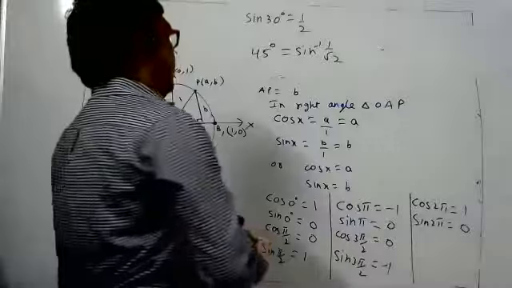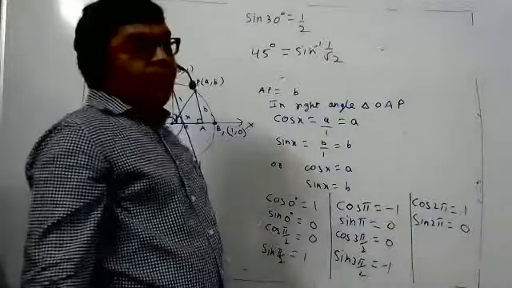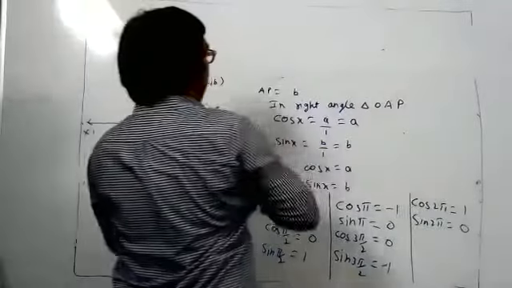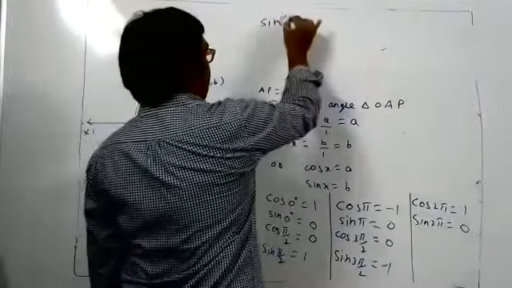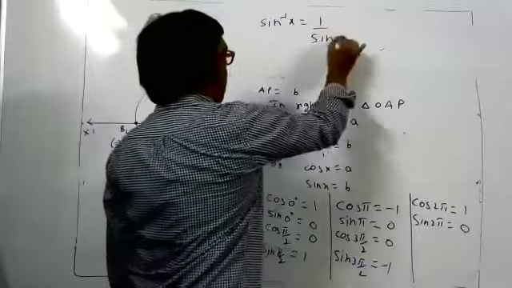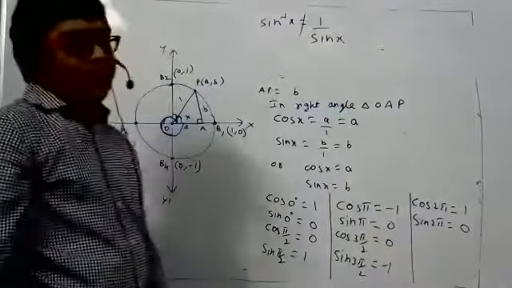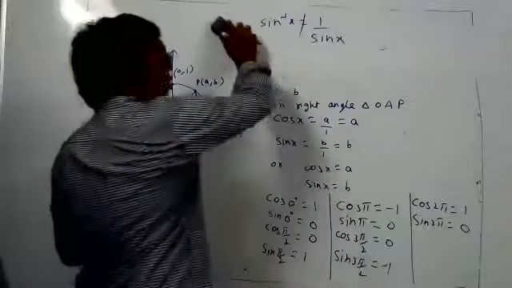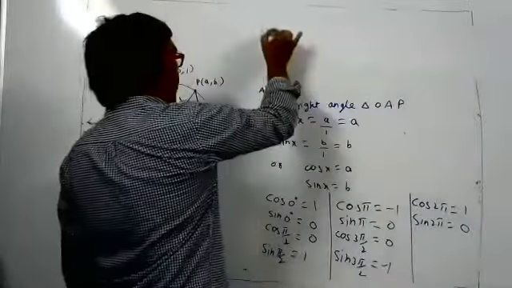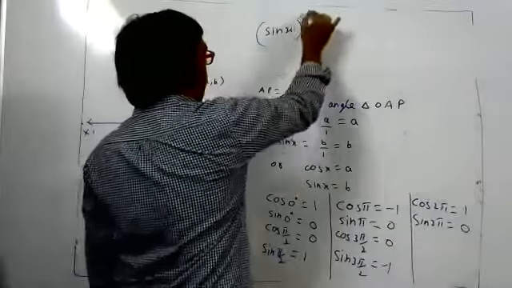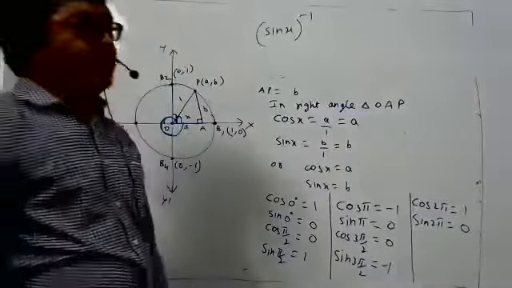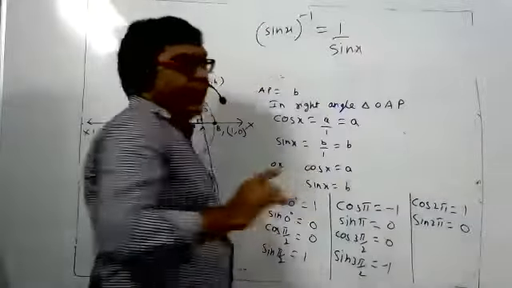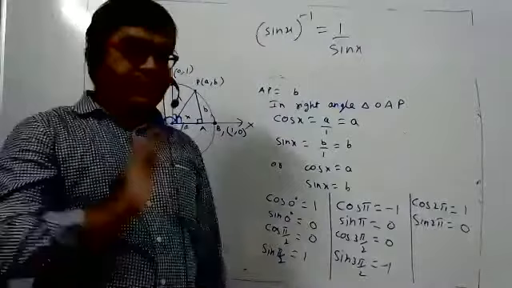So what happened now? This -1 is not like power. It is not power, student. You cannot write sine inverse x as 1 by sine x. This is wrong mathematics. That's why I think that boy was telling 1 by sine x and cosecant x. That is wrong. If somewhere it is written sine x to whole power -1, now this is not inverse trigonometry. This is power -1. That time you can write 1 by sine x. But sine inverse x means power is not -1. That is a function.